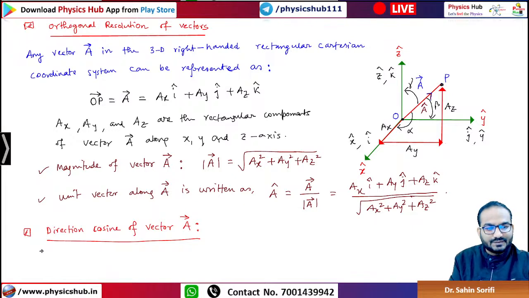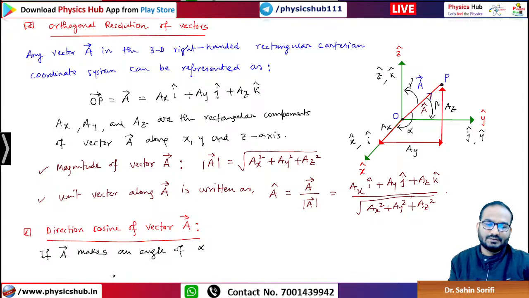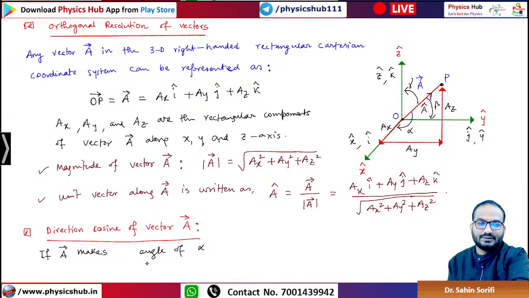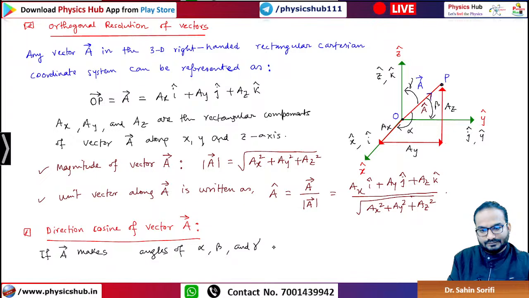So if A makes angles of alpha, beta, and gamma with the x, y, z axis respectively,